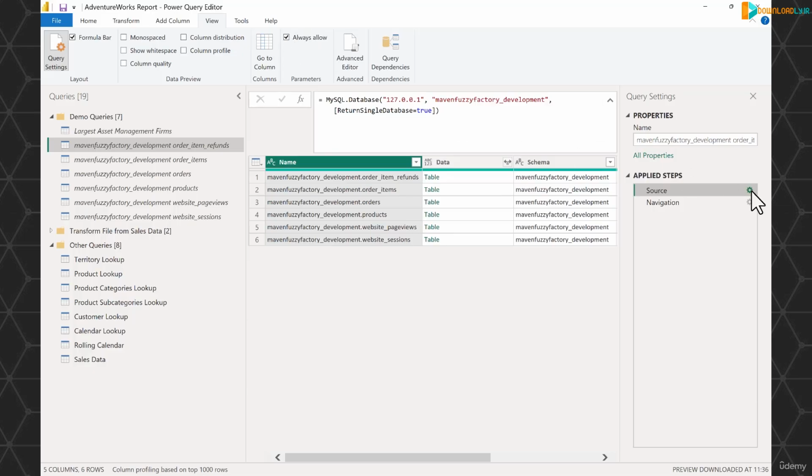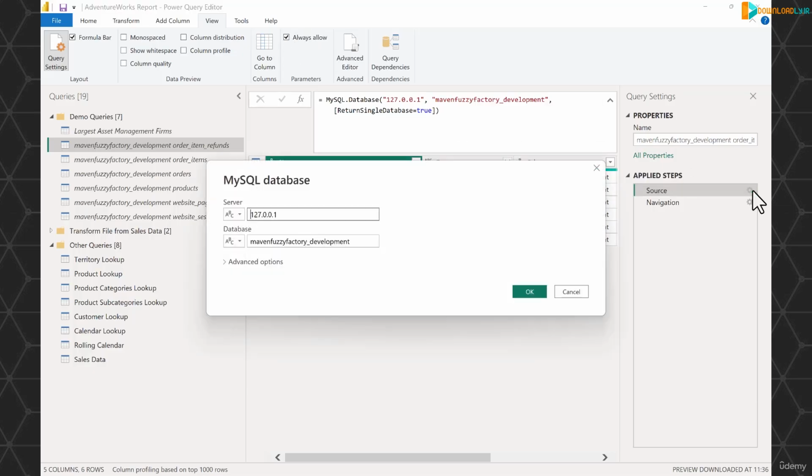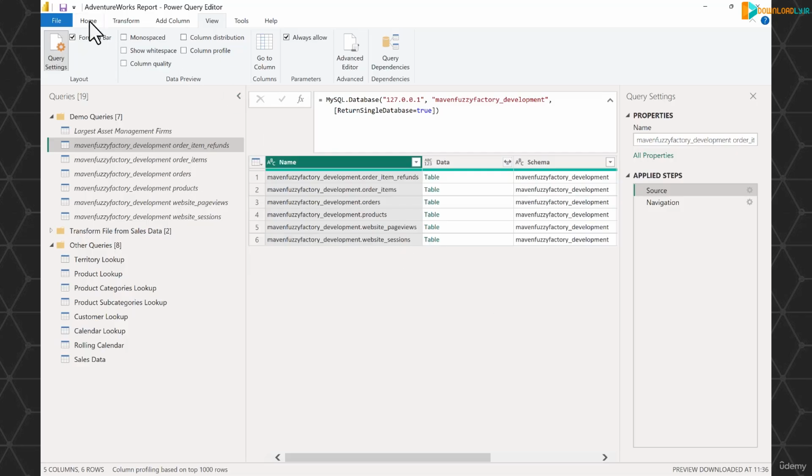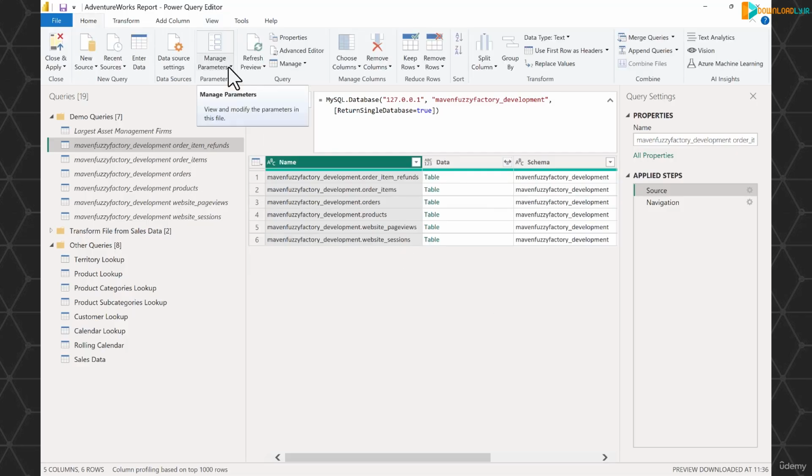So when I click that, if I head back to the source step, we now have this drop down where we can choose a text-based value, a parameter, or we can actually create a new parameter directly from here. So this is awesome. What we want to do is create parameters for the entire MySQL connection, not at the individual table level. So let's get out of this dialog box and we'll head back to our home menu. And then from Manage Parameters, we want to create a new parameter